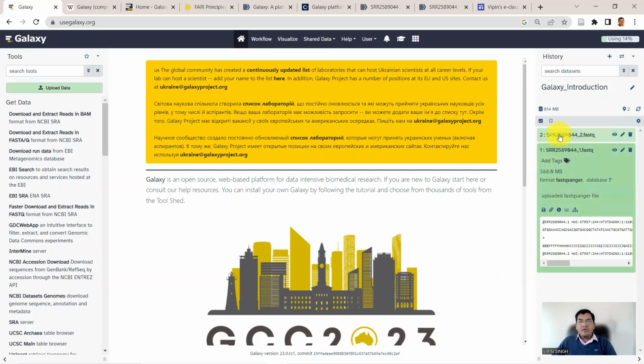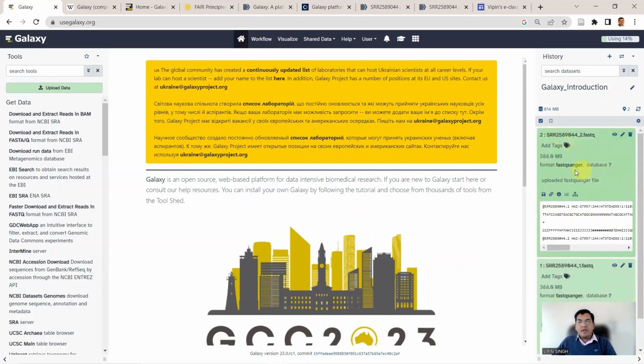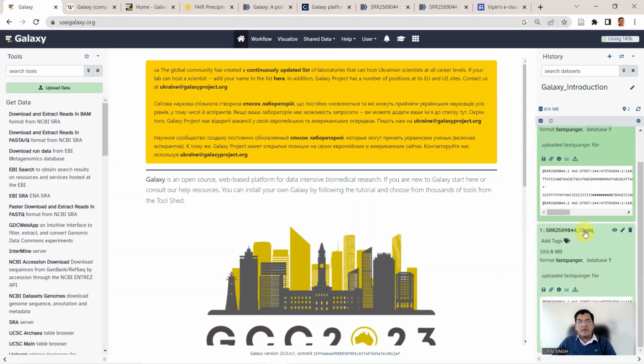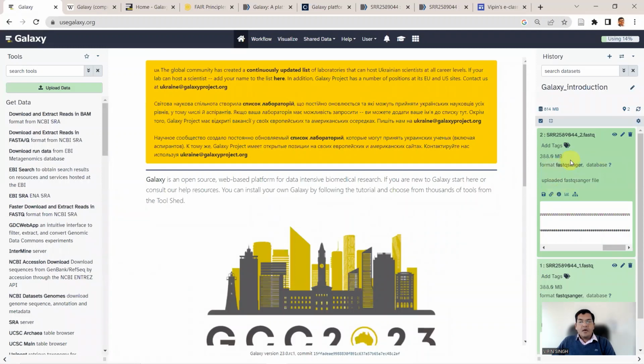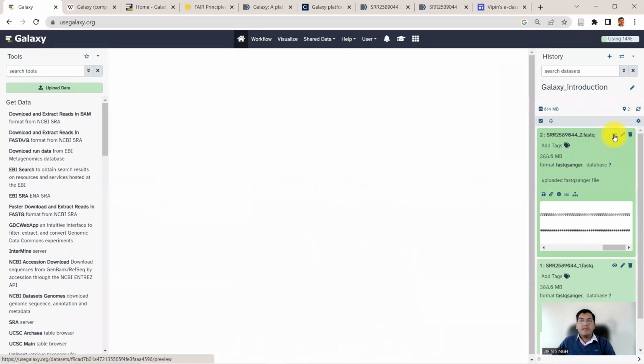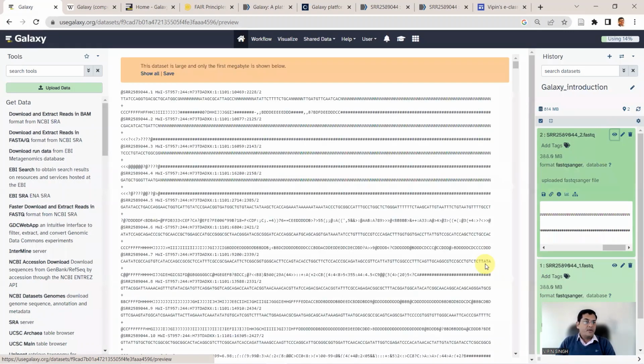Likewise, you could click on this one here. That will also give you the idea of format fastqsanger, database. And then, of course, it gives you some idea of this. So if you want to have more overview of your file, you could click on the eye button here. This will open your file in the central panel here and give you an idea of what has got uploaded here. So here you are, the data set is large, and only the first megabyte is shown here. So if you see here, you can click on show all to see